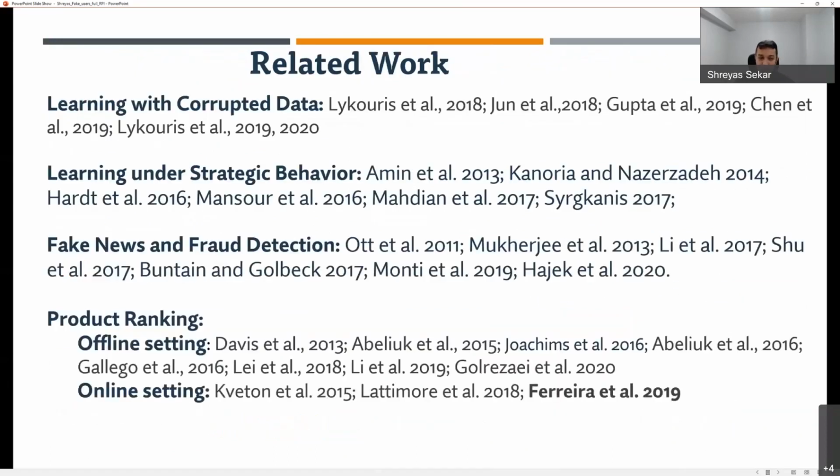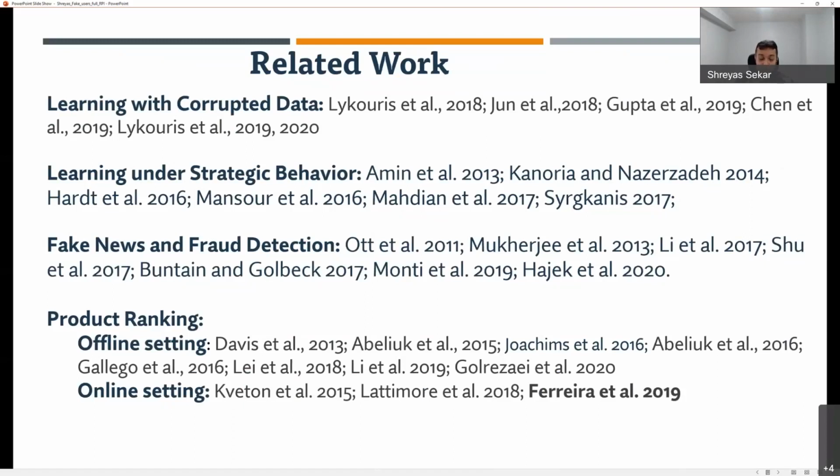I don't want to go too deep into the related work, but what I do mention is that this work builds on this recent stream of work that you see at the top, which is called learning with corrupted data. In particular, for those of you who are familiar with the online learning literature, usually you'd see two types of problems, right? One is the stochastic bandits, where customer behavior comes from a distribution or from some stochastic setting, or adversarial bandits, where customers can behave in a completely adversarial way. So this new work generally tries to get the best of both worlds.